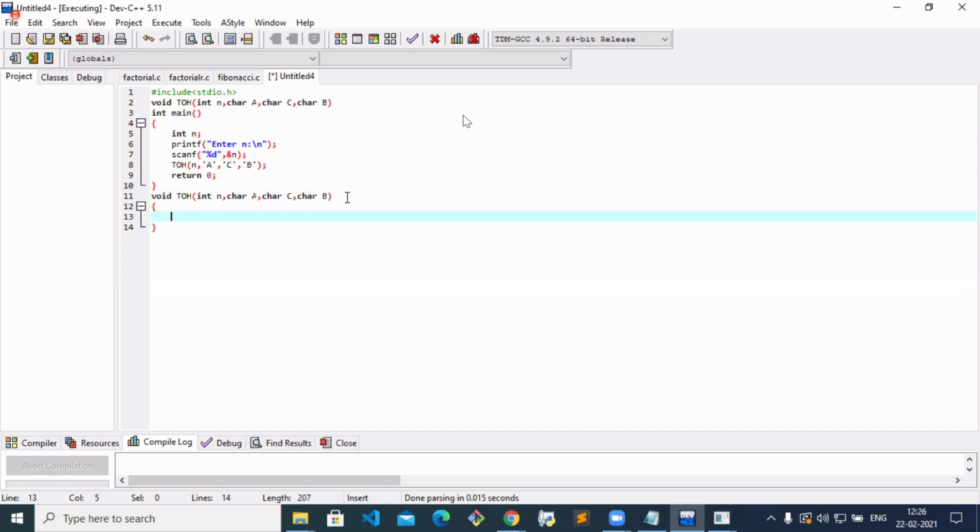Here, how can we use the recursion? All of you observe here.